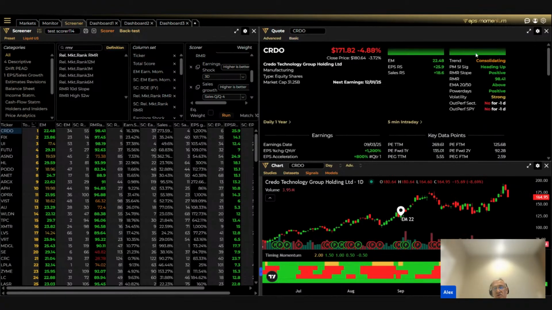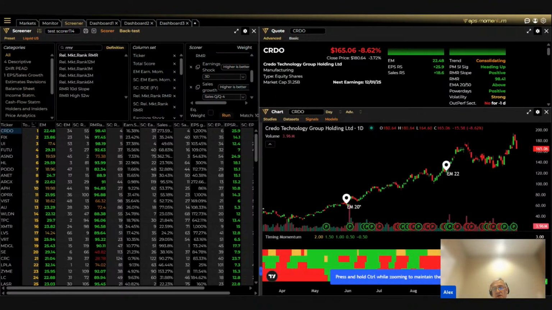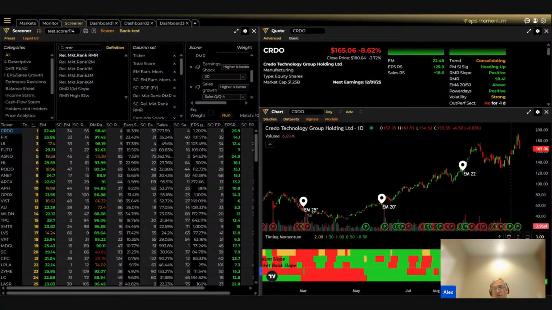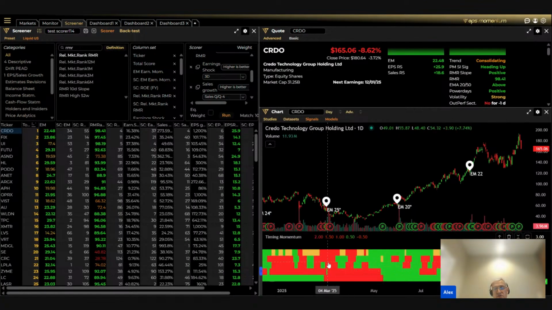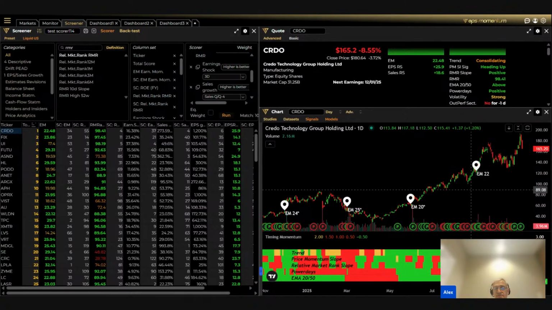So the advanced quote tells you green and green here, so you have two green signals. Both the earning momentum is positive and the timing momentum is positive. Timing momentum is the beautiful color coding that you see there. If you see some green overall, you're good. If you see some red, it's not good, right? So it's that simple. See how this starts to turn on to green and then full green there, and then the rally. So CRDO